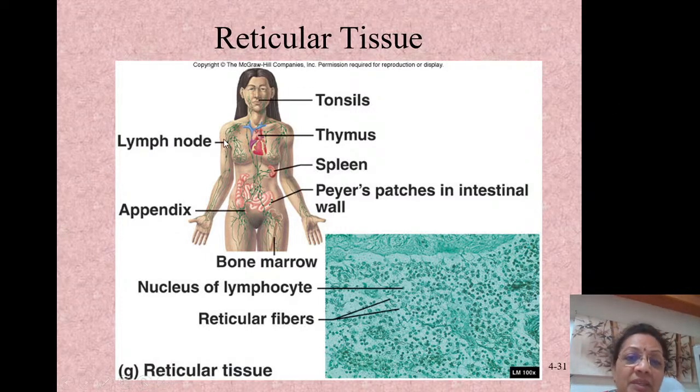Here they are particularly mentioning the lymphoid rich organs that we have: the tonsils, which are surrounding your mouth and nose, the thymus in the chest, the spleen in the abdomen, lymph nodes at all the junctions, at your axilla, at your inguinal regions, the spleen as an organ of immunity by itself, the lymphoid aggregates or collections in the linings of your digestive tract, such as at the appendix and intestinal wall, in the bone marrow of your bones, holding together your